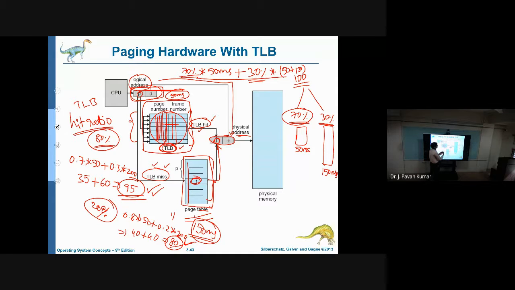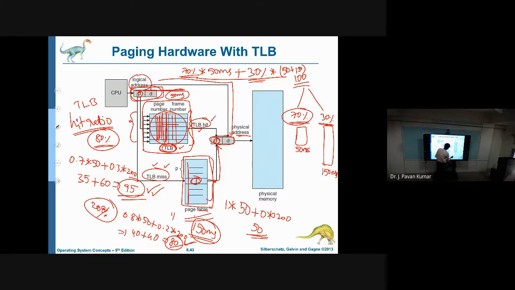Suppose the hit ratio is 100%, that is, all the time we get it from the TLB only, then the average access time will be 50 only, because all the time we get it from the TLB itself.